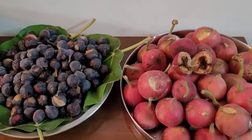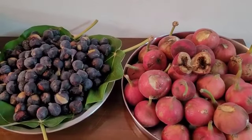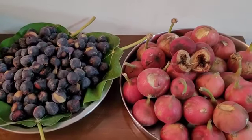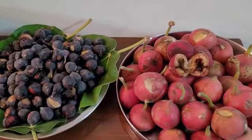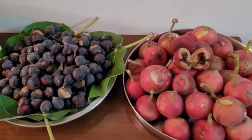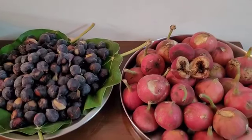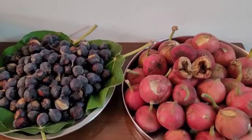We also have climbing figs, for example, Ficus sarmentosa, which stands preserved at a sacred grove inside the Dhansar Shiva shrine. Likewise, we have Ficus repens, which is a climbing fig, which we usually find within Jammu city. People are using it as a creeping fig, and it creeps over walls. So there are many other figs like Ficus